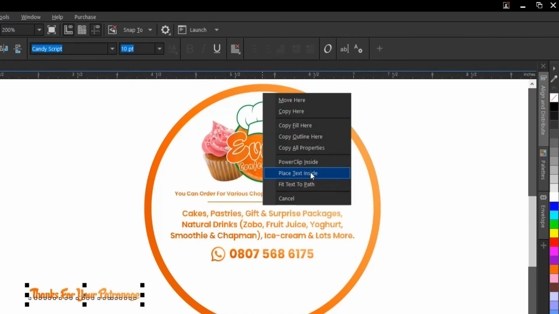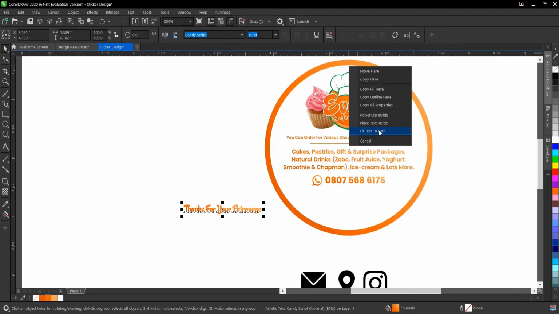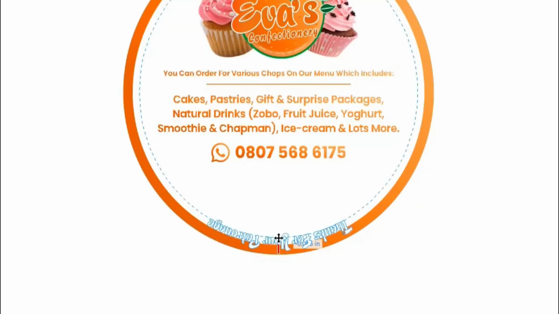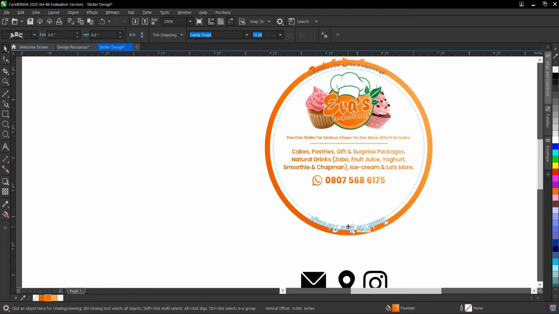Then you select place. You can select fit text to path, so the second to the last one. So this is what it does. You drag, so it's at the middle. How do you know it's at the middle? You see this red line here. So I'll zoom close to it. You see this red line here. So it's at the middle,